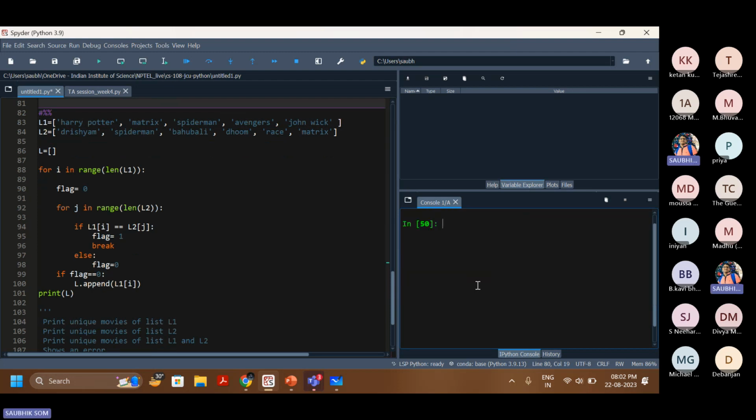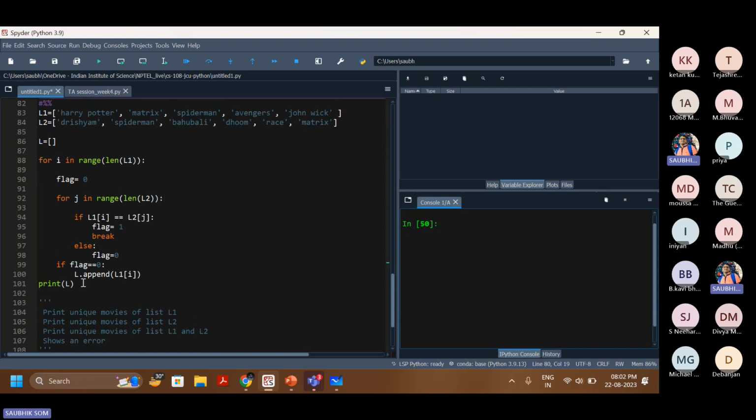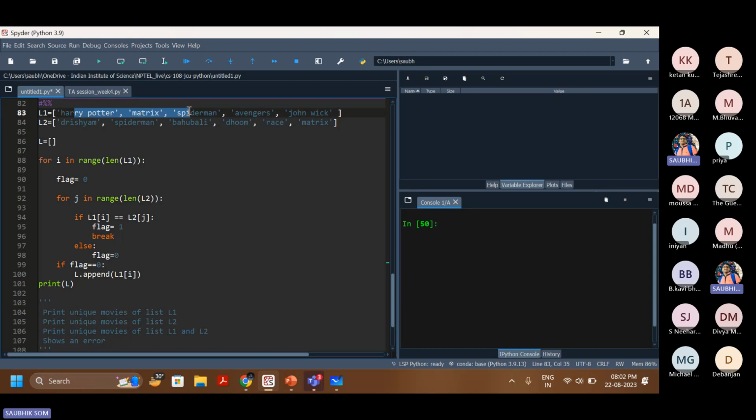Let's go for another problem. This is from the quiz, an MCQ. So L1, there are a few movie names. L2, there are a few movie names. Okay. I'm initiating an empty list. What I'm doing here, I'm making a flag here. That's a variable called flag, and I'm iterating the